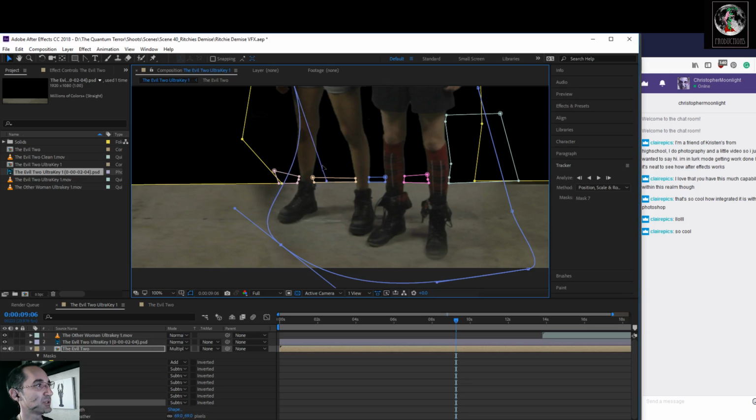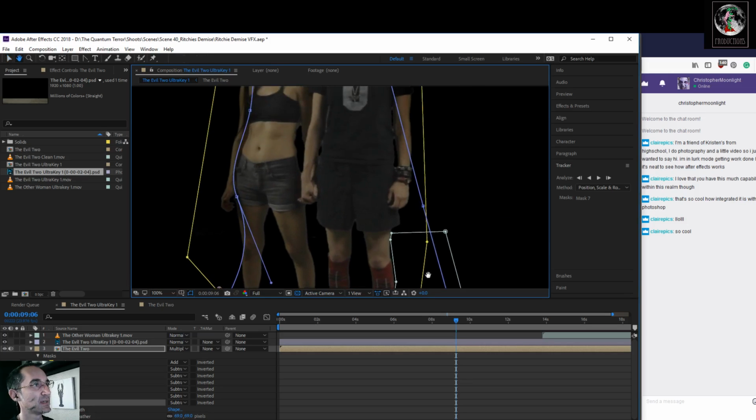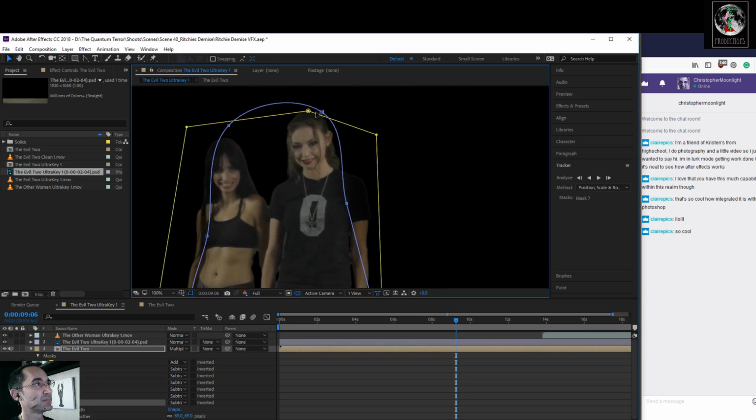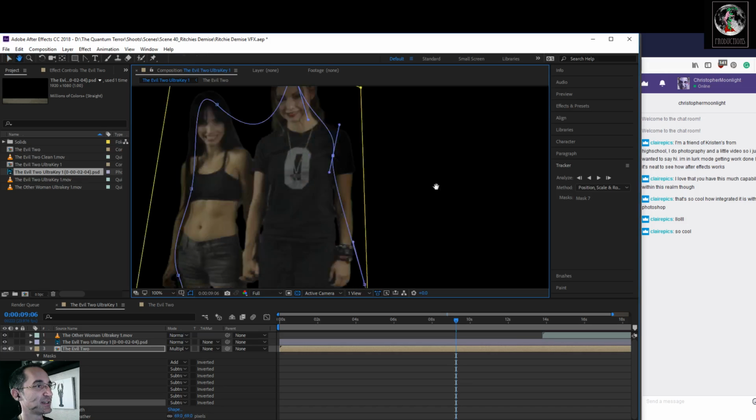So you can grab these points and drag it in, and get pretty much any shape that you want. You can also keyframe this shape, which I've covered in other stuff.